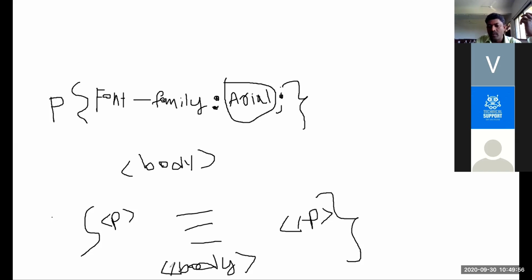Then HTML is closed. Here HTML is open. Okay. So whatever selector is there, whatever description is there in the description, you need to specify font family.